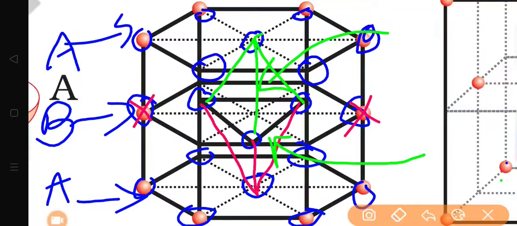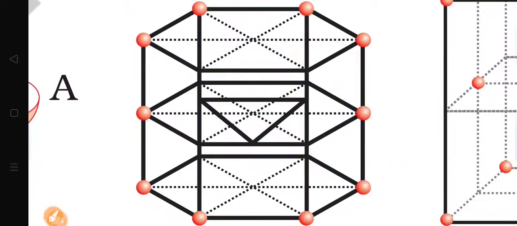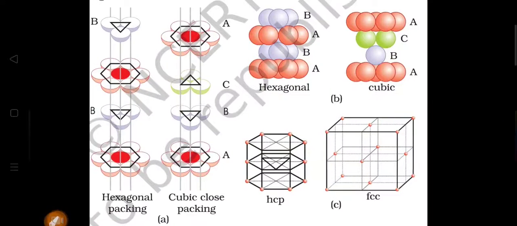Okay, so 2 tetrahedral voids are attached with each other from their bases. So this is the figure mentioned in the textbook. Now let us find this type of shape in our ABAB type of stacking in 3 dimensions. Now you can see the same thing from the image mentioned in the textbook.